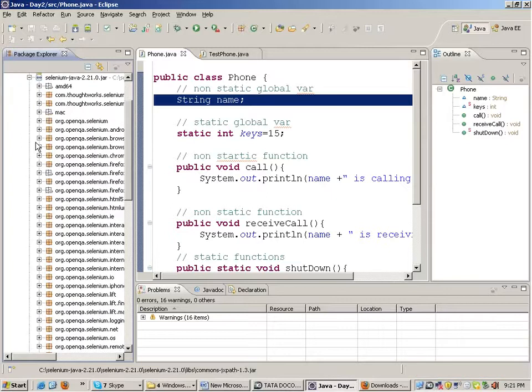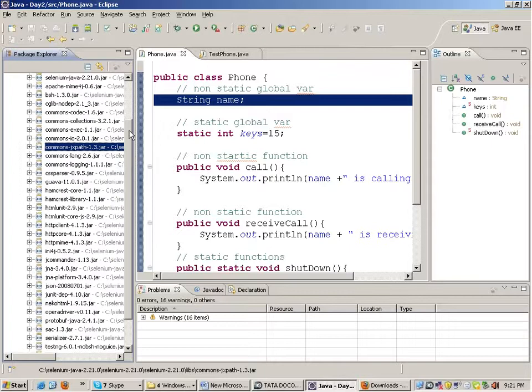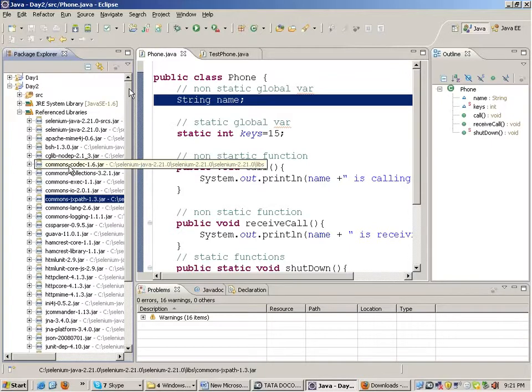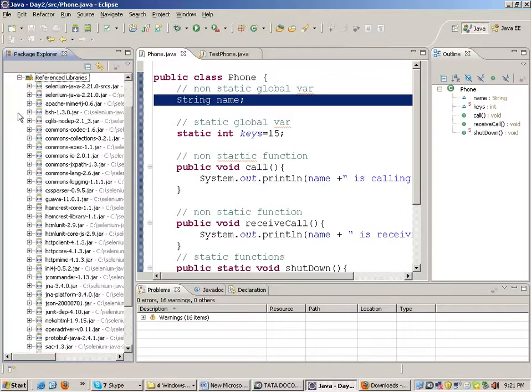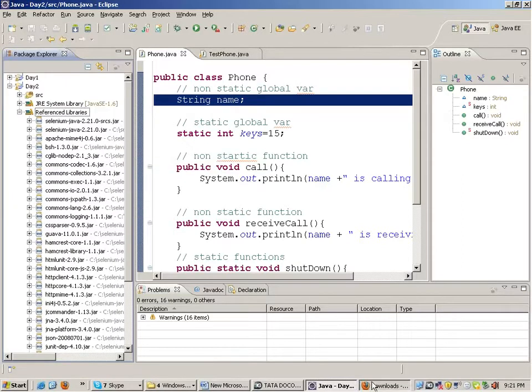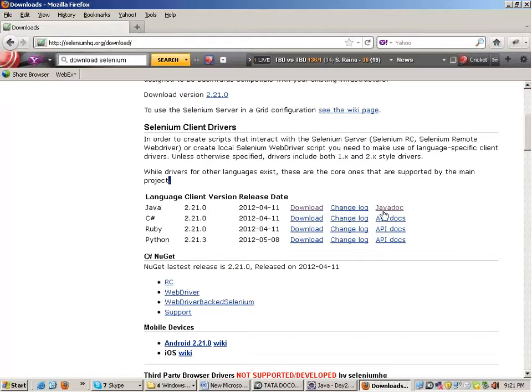You will be able to expand these jar files in Eclipse. You won't be able to expand them on the hard disk. So how do I know what is present inside it? You can learn about that by going into the Java docs of Selenium.